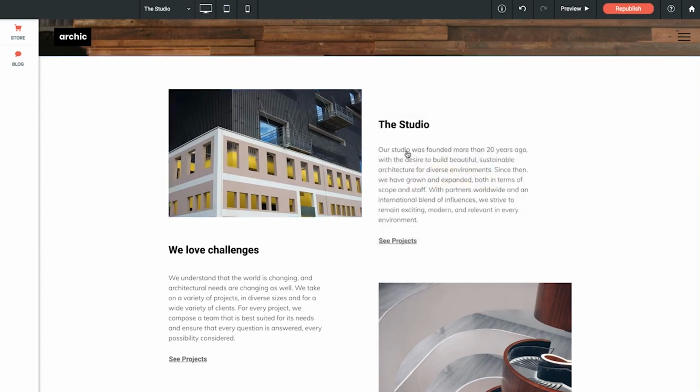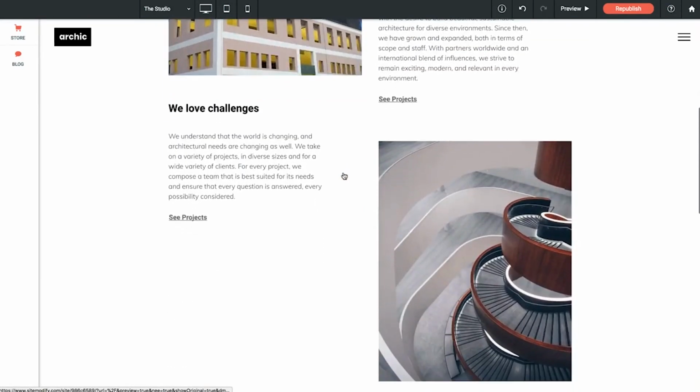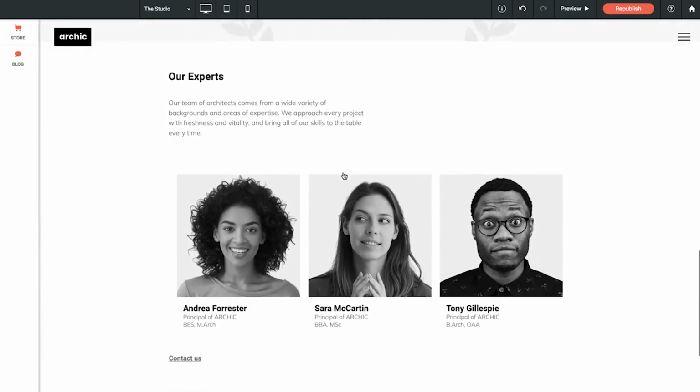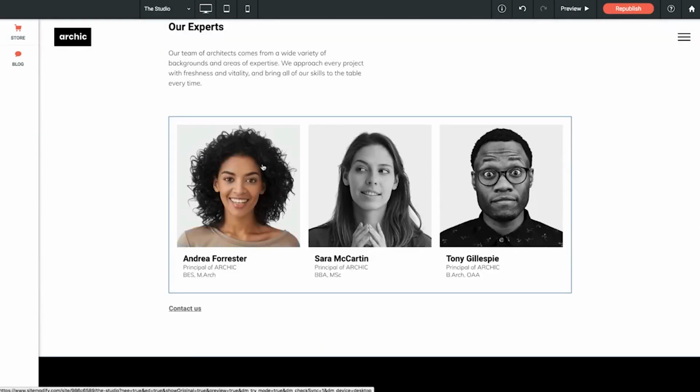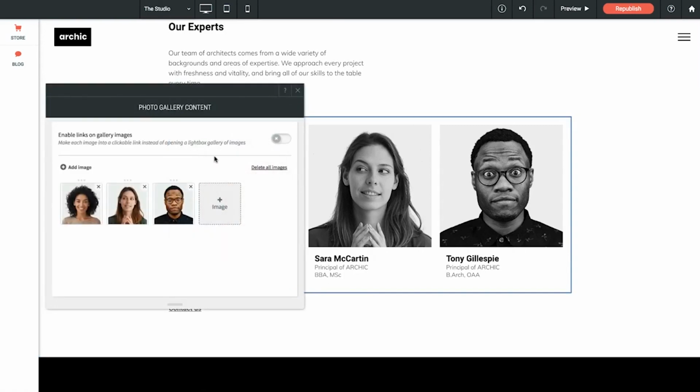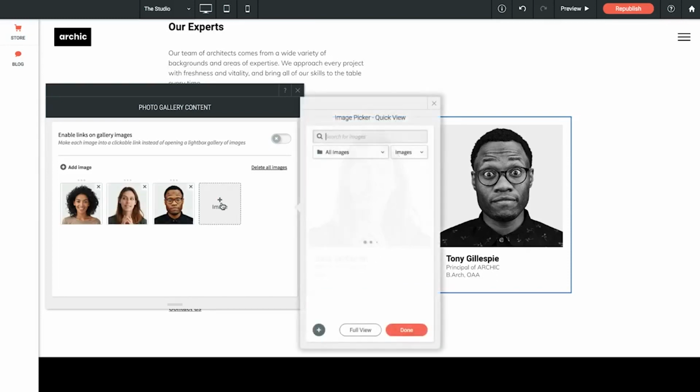Let's close this box and let's edit the photos within a photo gallery. These are single images, but if I scroll down on this page, you'll see this area that shows some of the staff in our business. And if I click on that, this is a photo gallery, so you can see multiple images listed within. If we want to add new images to this area, we can click the plus image, and we're brought to